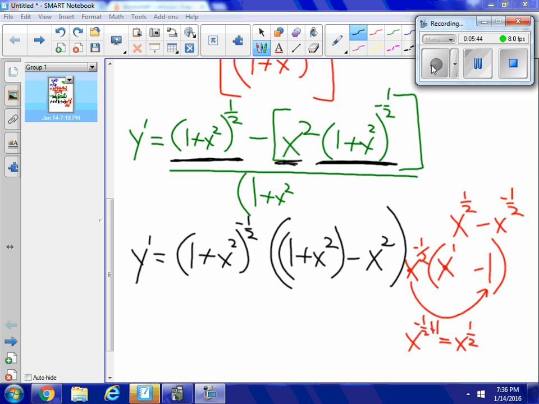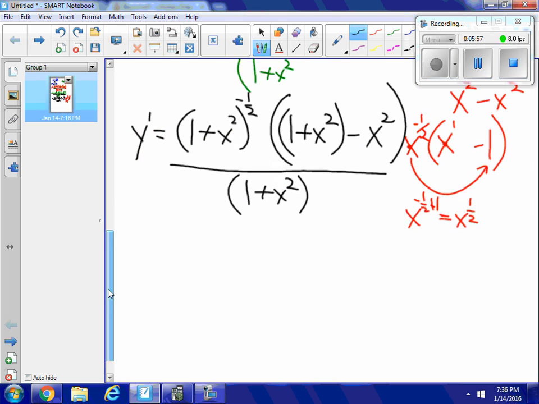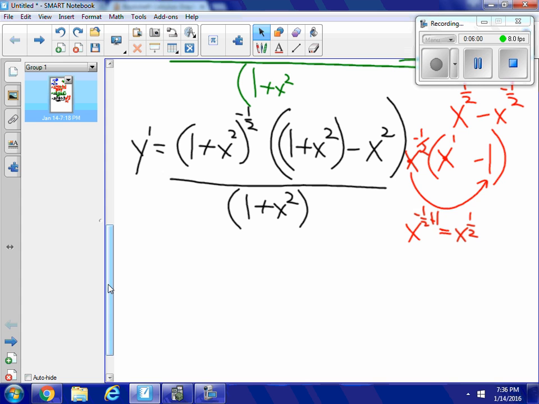So I'm going to close my parentheses, and I'm going to put this all over 1 plus x squared. As you can see, this is getting into some pretty nasty algebra. That's not that nasty, but it's getting into some algebra that might be a little bit uncomfortable. So if you're not sure what I just did, I want you to stop the video, write it down on a piece of paper, and go back and see if you can figure out how I